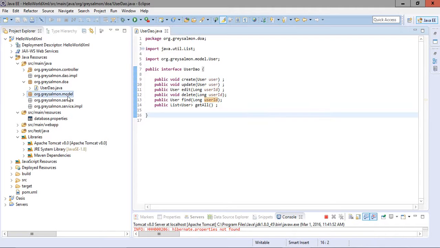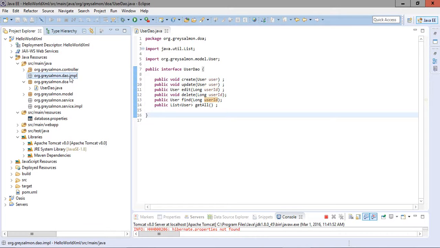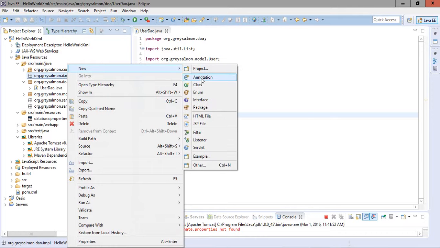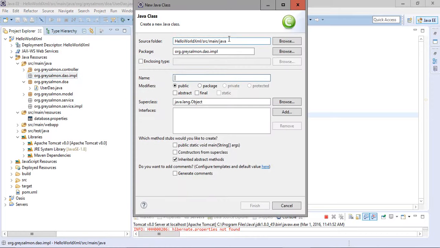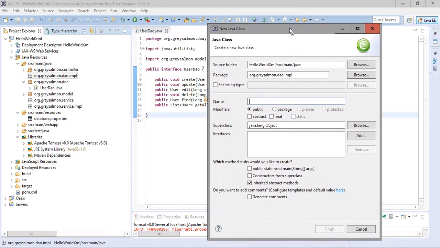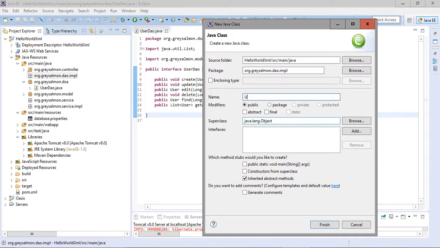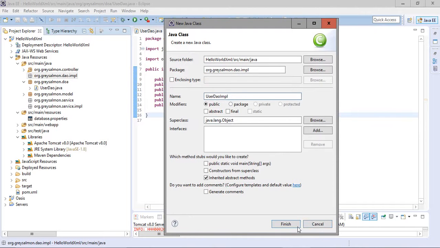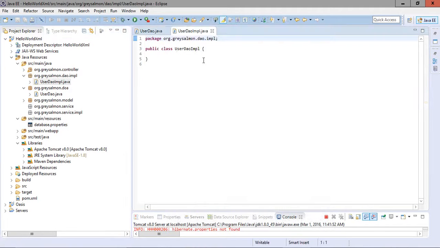Now we will design one implementation class for this DAO in the dao.impl package. Since the name of the interface is UserDAO, I will name this class UserDAOImpl, so I come to know that this is the implementation class. I will click finish here.